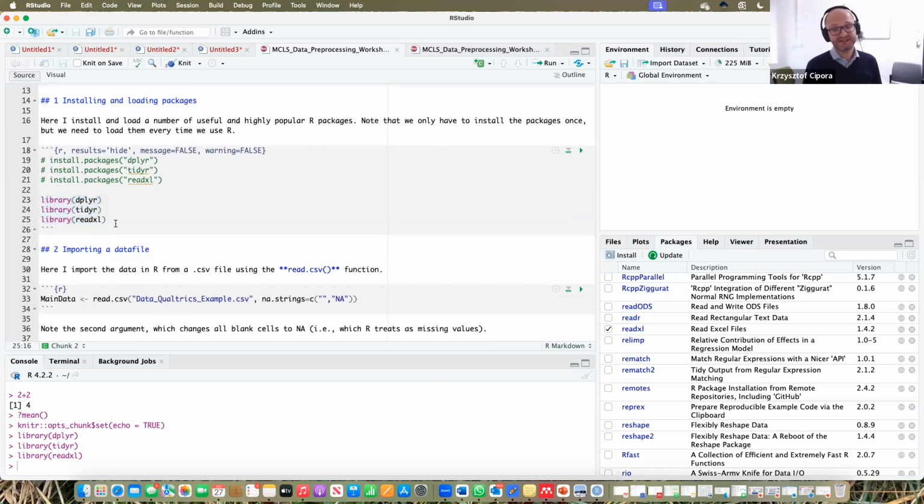With packages, they are all free. You can download them and so on. You can theoretically load as many as you wish. However, this is not recommended. Why? Because these packages are created by different people, enthusiasts, activists, statisticians, data scientists working in different fields. So this is not a coordinated effort. What does it mean for us? It means that, for instance, there are functions which are named the same and do different things depending on the